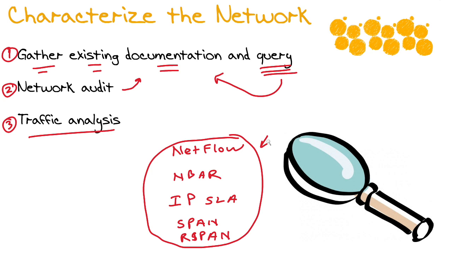In the case of a voice over IP implementation, obviously one of the reasons you're so carefully characterizing the existing network is you need to make sure that from a quality of service perspective, their network is going to get the job done when it comes to voice over IP. If it's not, you're obviously performing this analysis to see what changes you need to make in order for a successful voice over IP rollout.